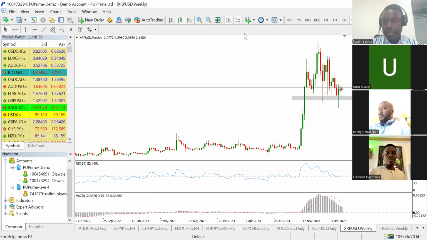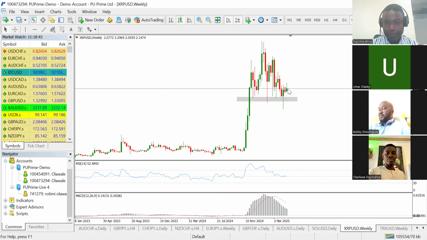All right, so this is XRP on the weekly time frame. Price tested this support zone, and 2 weeks ago, we can see that sharp rejection candle, which will indicate a bullish movement. Last week, we saw some range. This week candle is still kind of ranging on the weekly time frame.